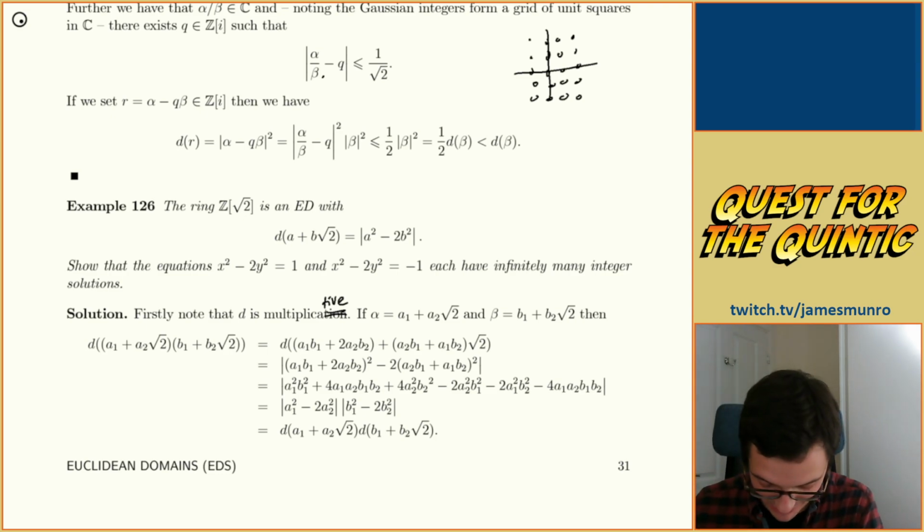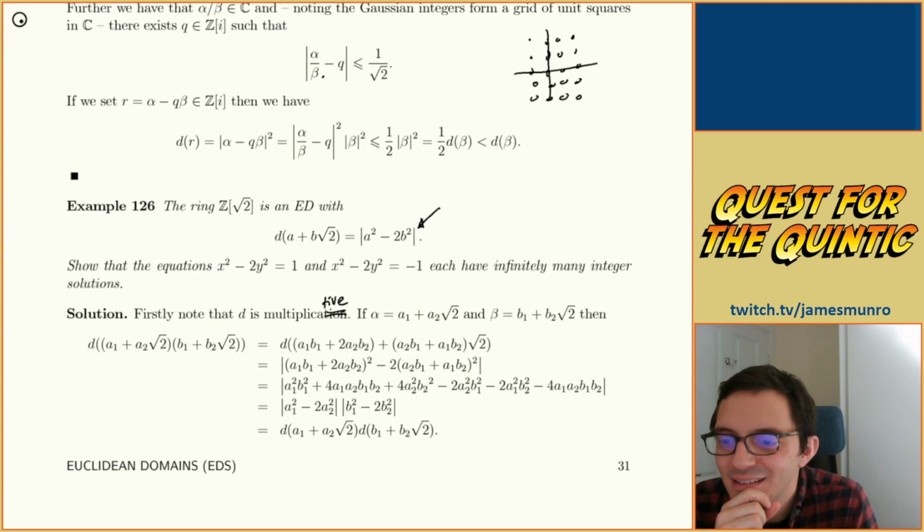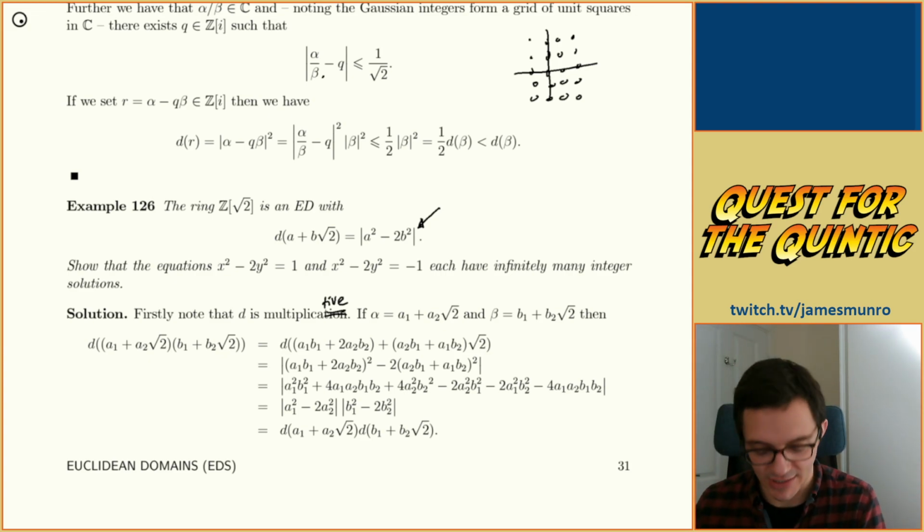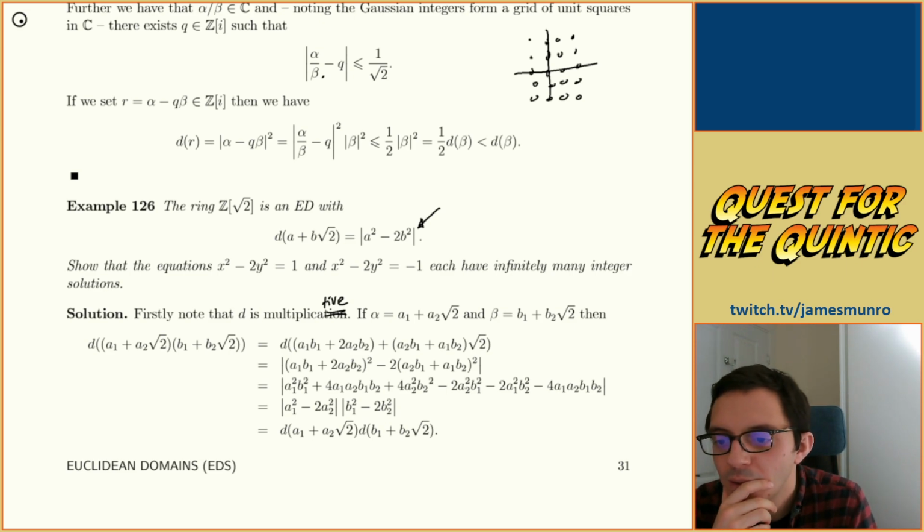A squared minus 2b squared to be the kind of size of that number in the ring of integers with root 2. These things on the left, a plus b root 2, where a and b are integers. That thing is a really nice norm because it's multiplicative,